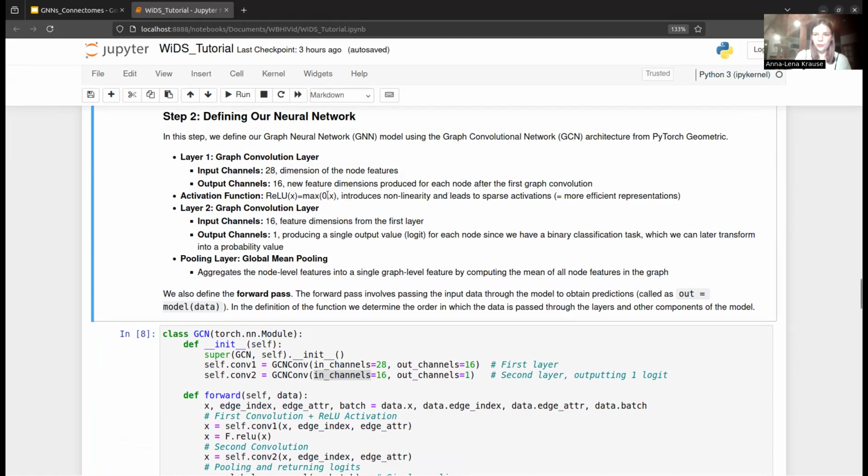And since it only lets the positive values pass, it also leads to more sparse activations, which can lead to more efficient representations within our model. Then the next layer, of course, takes again 16 input features. And since we want to